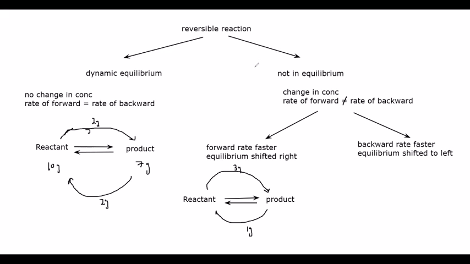If it is not in equilibrium, which side is faster? The forward, or right hand side, is faster. So we will use the term equilibrium shifted to the right hand side. If the forward rate is faster, it means equilibrium shifted towards the right hand side. And opposite, as we have reactant and product, the reactants forming a product can decompose. But what we observe